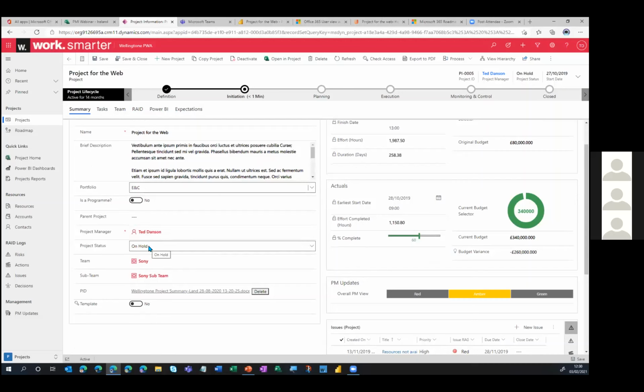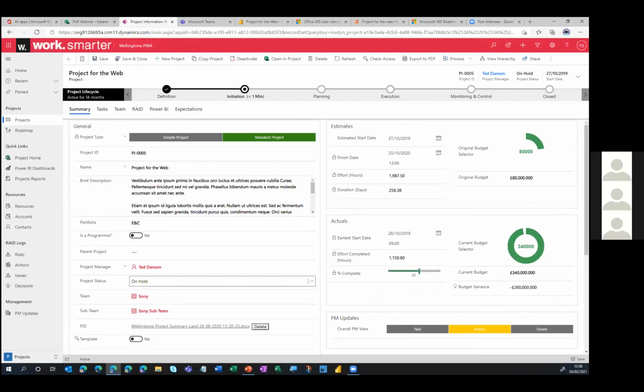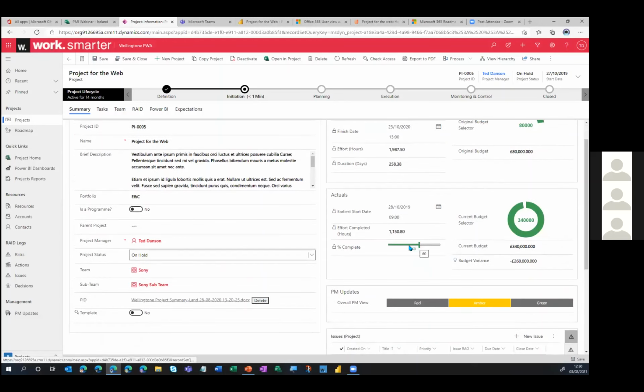But here we can also set things like project status. And you can see lots of options are available. We've also got areas here where some of the data is being fed in from the plan. So this is looking at the total amount of effort that's been built into the schedule. Here we've also defined a high-level budget. You can, of course, create something that's a lot more detailed than what we are illustrating here. You can see actuals being represented here as well, and lots of interactive components on the page.